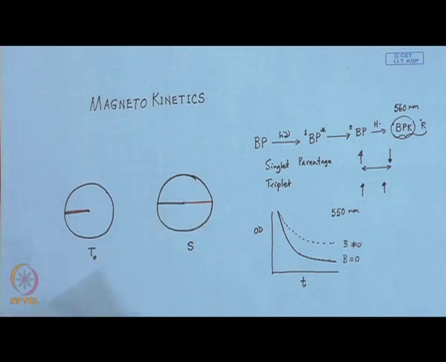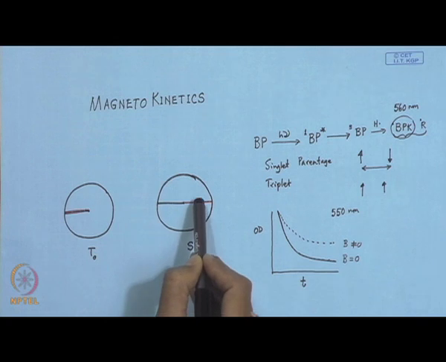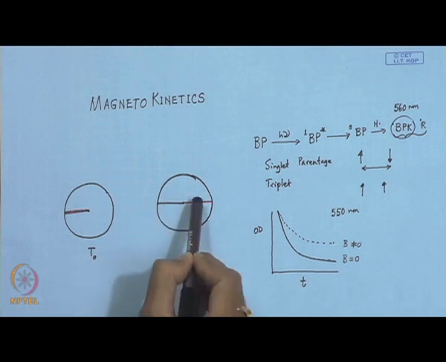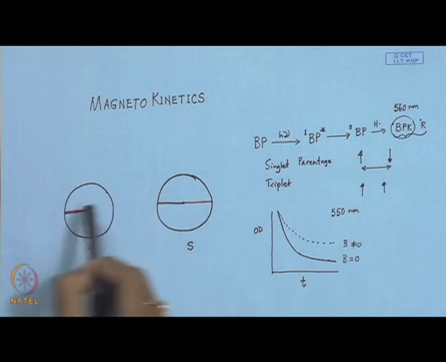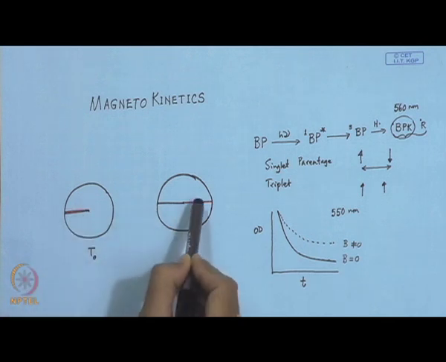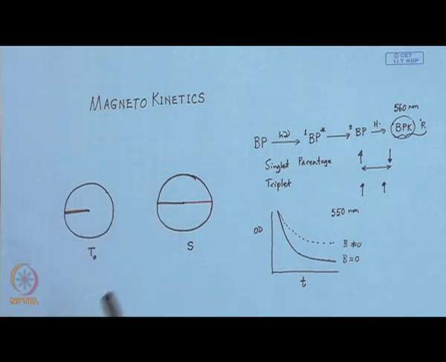Maybe this red will move a little faster than this one. So at one point of time this red will merge on this, and that means you are getting this picture. The merged red on black is basically a triplet. So you have got a transition from singlet to triplet 0,